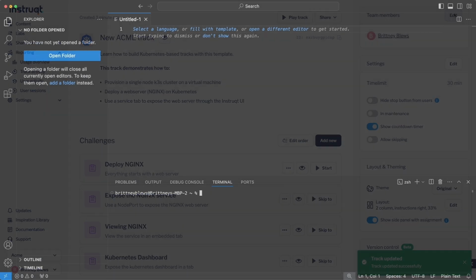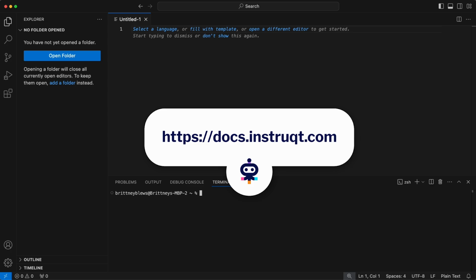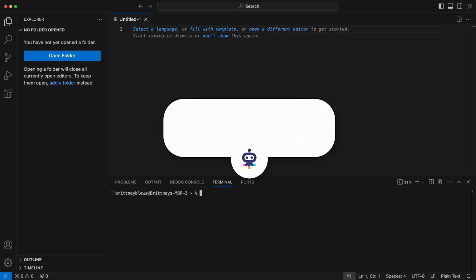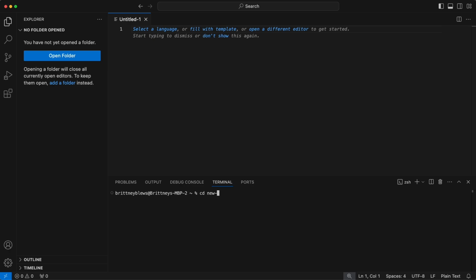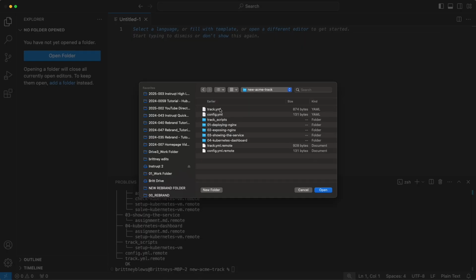Great! Now let's do it using the Instruqt CLI. If you are unsure how to install the Instruqt CLI, head to our documentation page for more information on how to get started. So let's pull the same track by typing cd new Acme track and then instruqt track pull. Great! Now let's open the track.yaml file